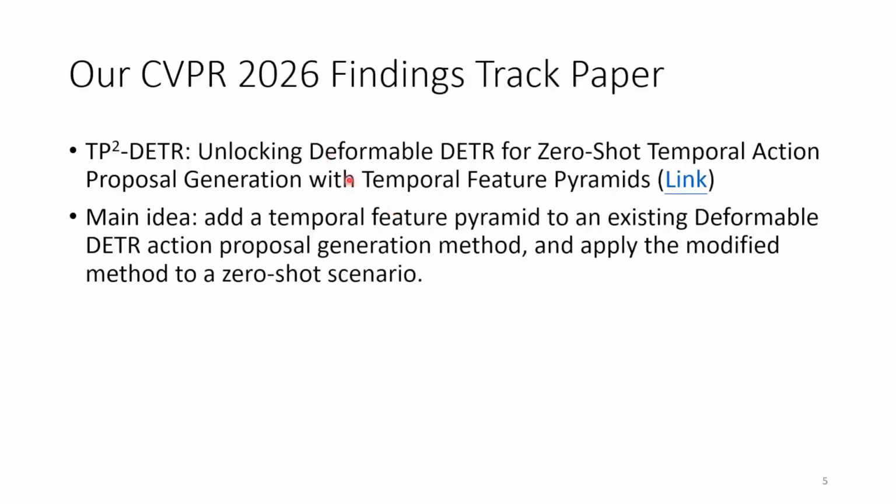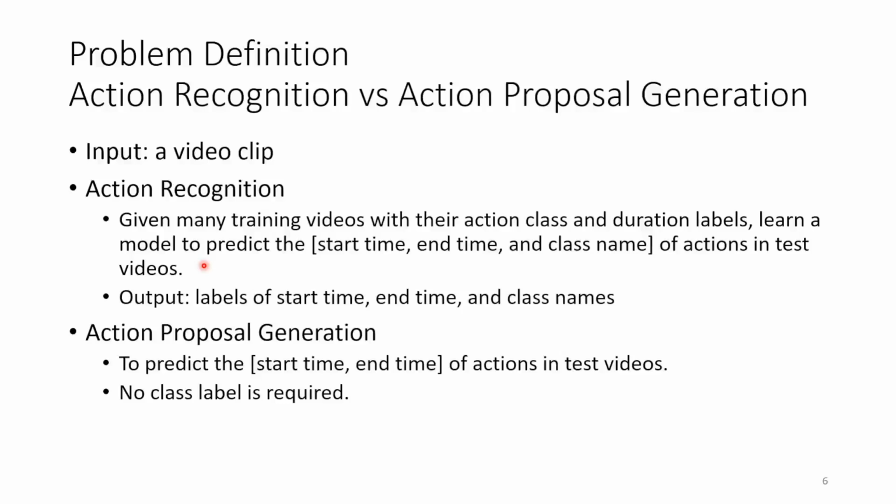So this is the title of our paper, TPP-DETR, right? And I will show you why. The idea is there is an existing algorithm called GAP. It tries to modify the GAP to improve the performance. Okay, I will show you how to do it. They will add a new feature pyramid on top of the input extracted features, and they will add deeper supervision and early supervision. I will show you some figures later.